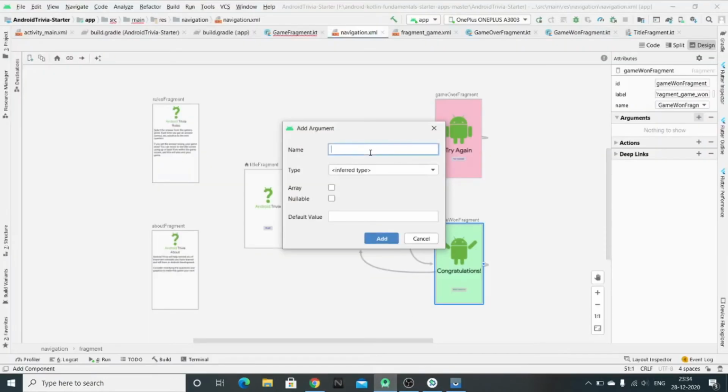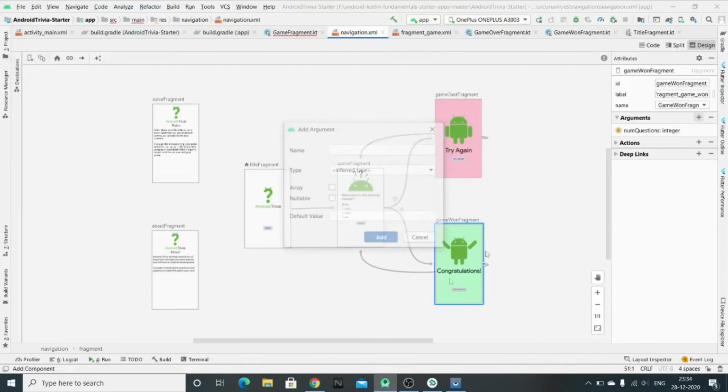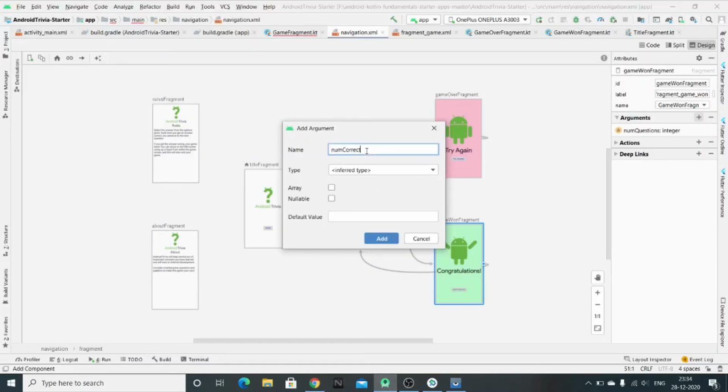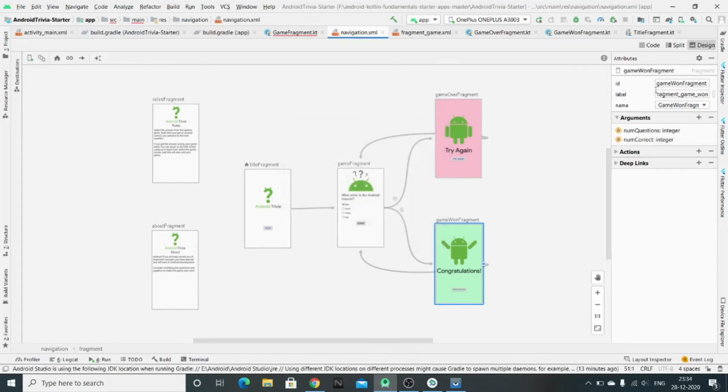So let's add them. Add num correct, add. Okay, so now we have added the arguments.